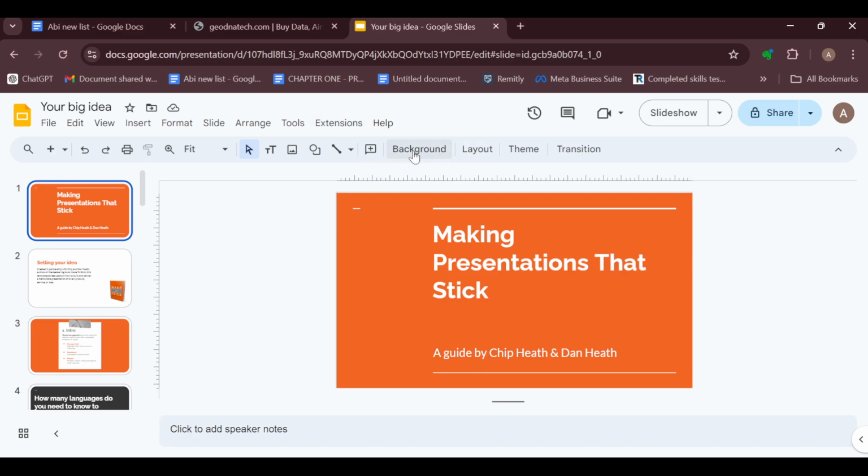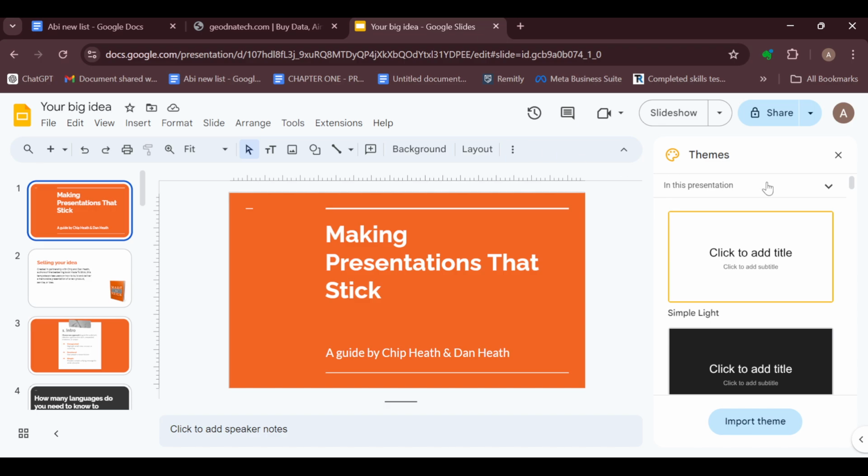Then move to the bottom part where besides the text formatting options, you'll see the options like background, layout, theme, transition. So go ahead and click on theme. Then by the right side, the theme would be displayed. Then scroll down by the right side, the bottom right corner, also you can see the import theme button and